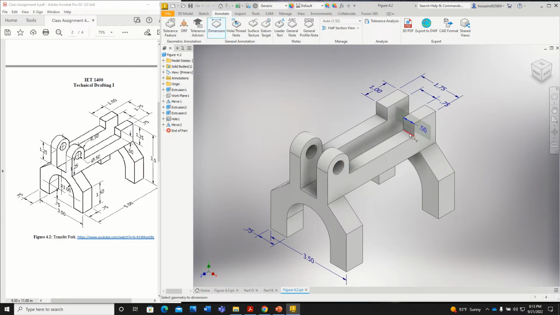From this line to this line, 0.5. From this line to this point, which is 1.25. From this line to this point, which is 3.5. Okay, diameter here, radius here,